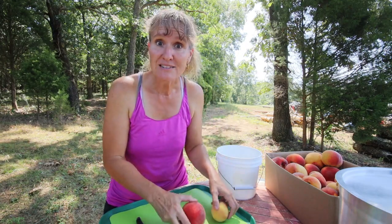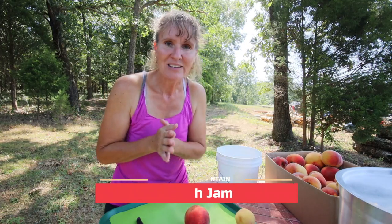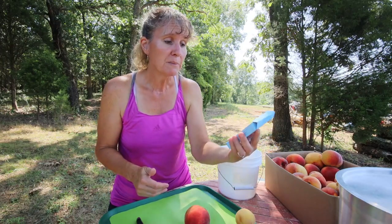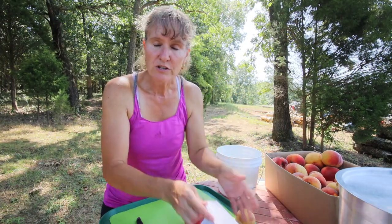Now first thing up is going to be jam. Now that I have a dairy cow, I use a lot of jam because I use it to sweeten my yogurt. Now I'm going to be using the recipe on the Pomona Pectin package,